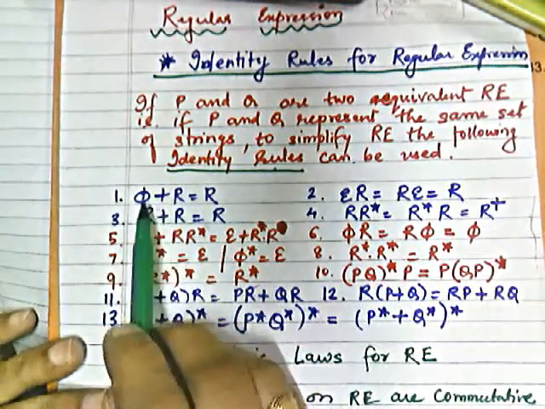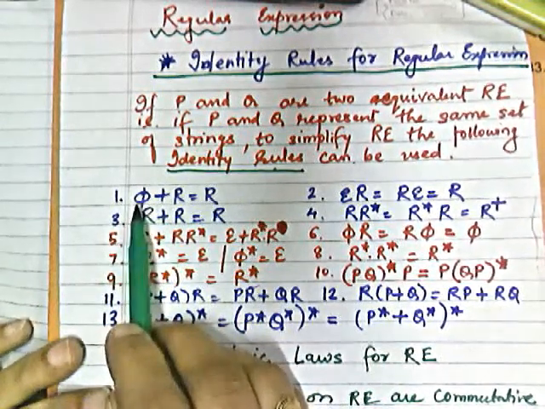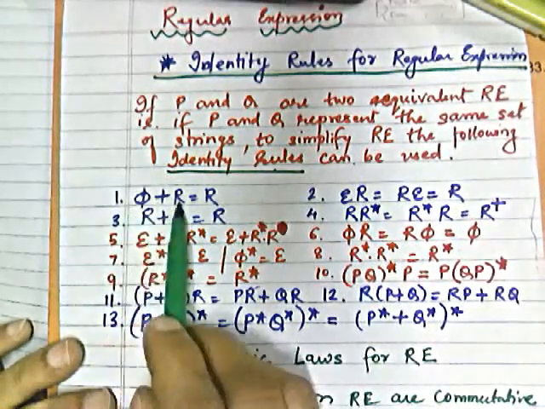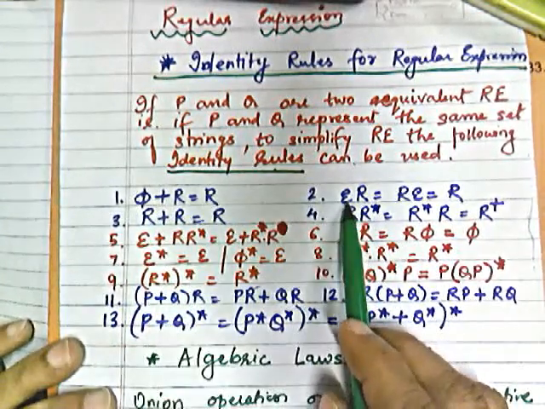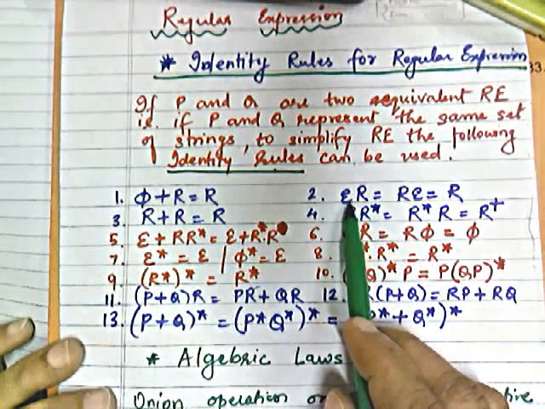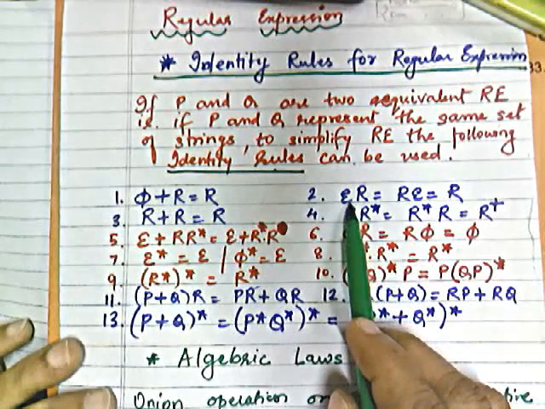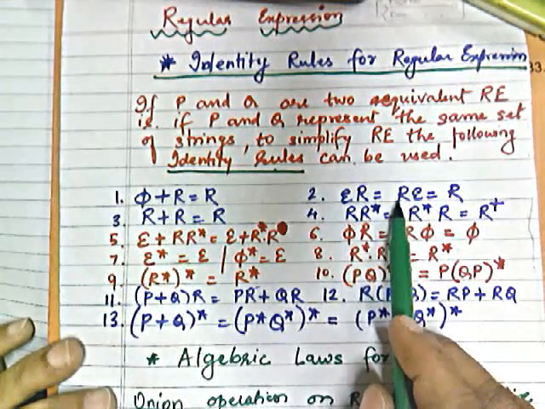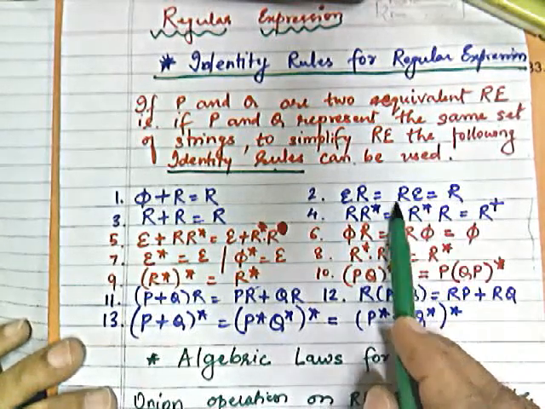Okay, very first rule is, if you are having two regular expressions, as we already know, phi can also be represented as a regular expression. This is one regular expression, this is another regular expression. So phi plus any regular expression is equal to R. Similarly, empty string dot R. I have not written the dot, it is hidden. If you are concatenating any regular expression with the empty string, then its result is the regular expression R.